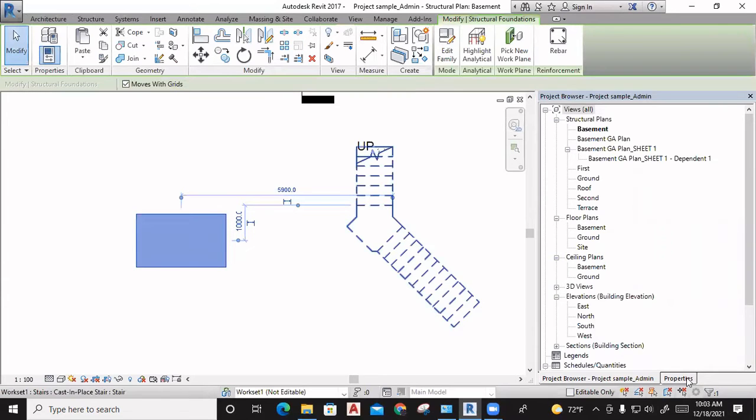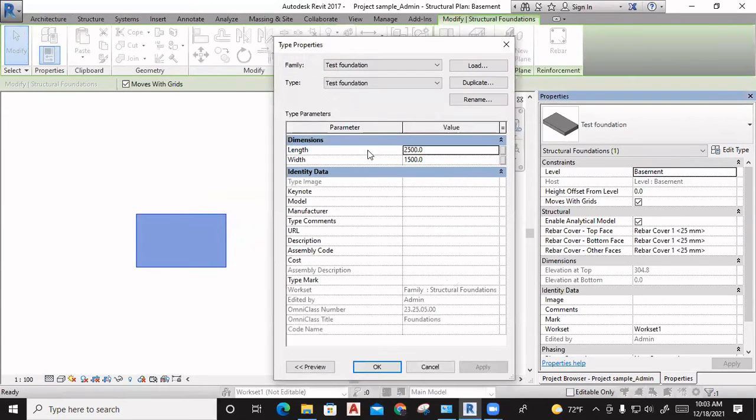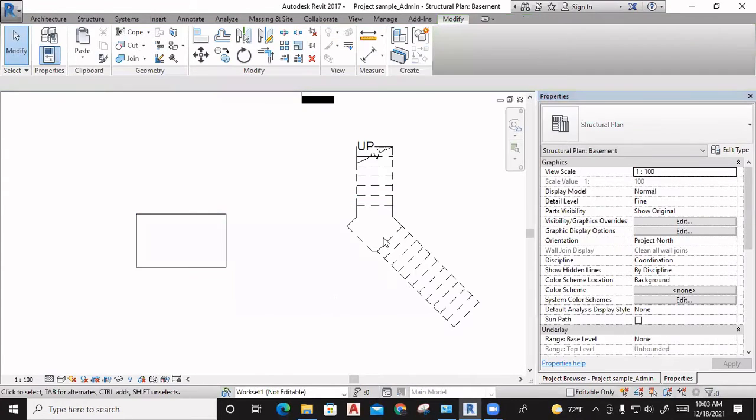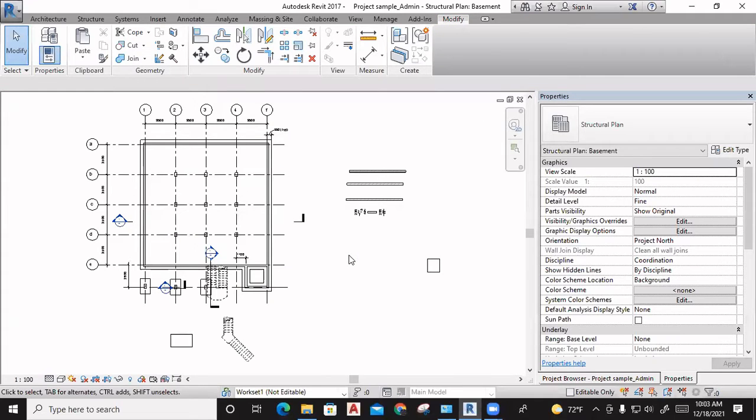So if you select here now, go to properties, edit type. Here you can see length and width. Okay. I'm going to show you one 2D family. One 2D family. If I go to annotate,